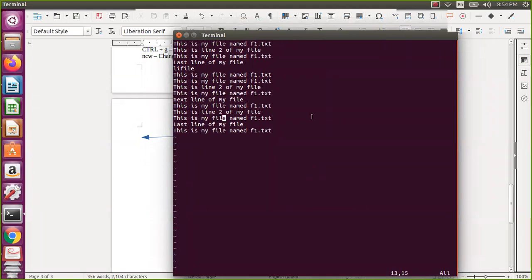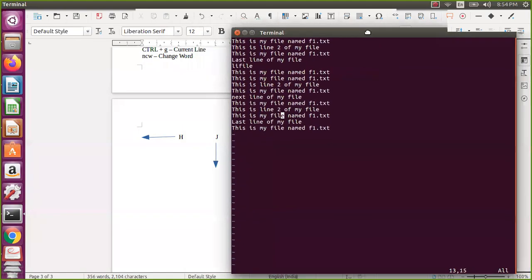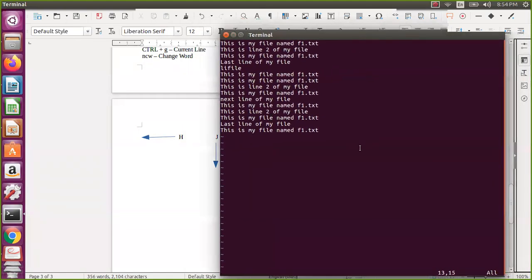Now I want to go up, and up means K actually. So I say 4K. So you can see here 4K. Okay, you can see 1 2 like that actually. Now I want to go down, so I am just pressing J. Okay, so J and then K. Now I am here. I will press 6J. You can see here 6J. That's how it is navigating to different places actually.